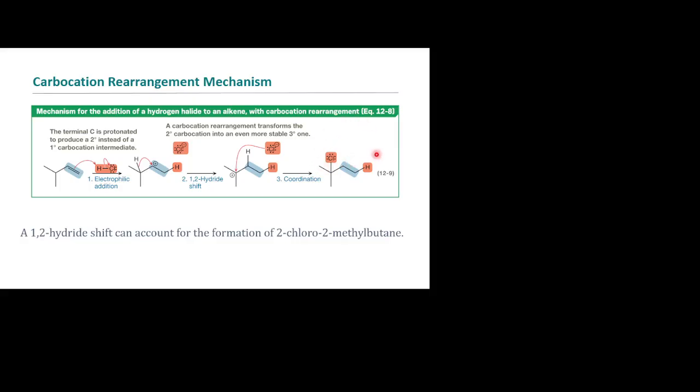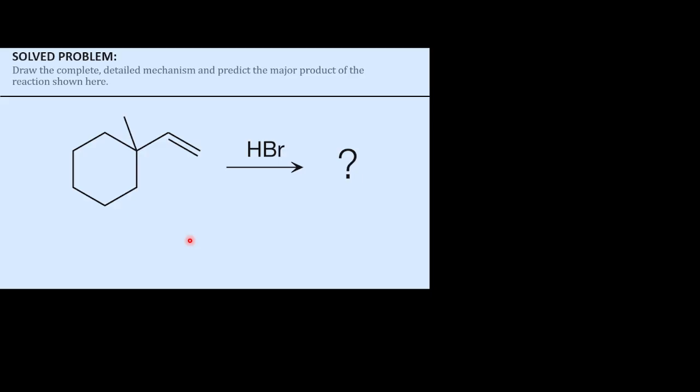And there's kind of an interesting thing here. The anti-Markovnikov is what you call the other product, but not the Markovnikov product. And interestingly enough, you can have hydride shifts from the anti-Markovnikov product to the Markovnikov product, in case you're ever wondering. So it is something that can be done. All right. Let's try it on here.